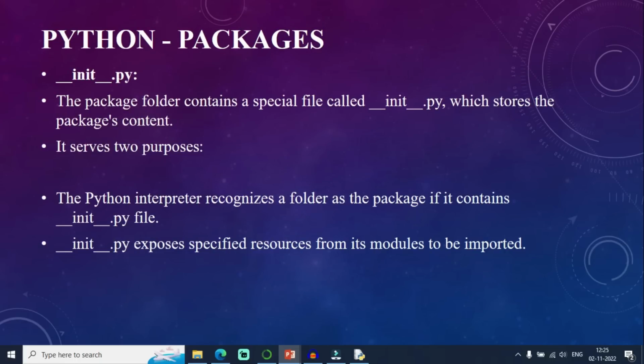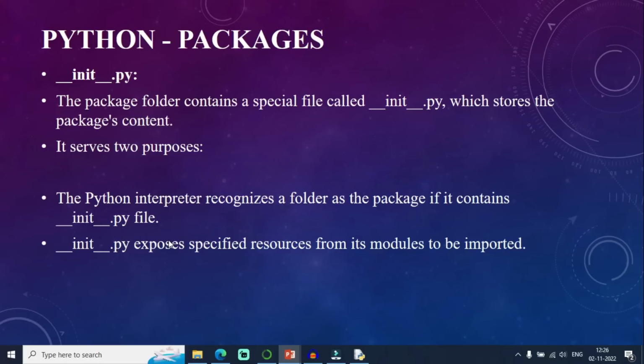So what is the use of this init.py? How does the package structure look? It contains a special file called init.py, which stores the package contents. Whenever I want to store the package contents, it is stored in the init.py file. Python recognizes the folder as a package if it contains the init.py file. Clear with this?